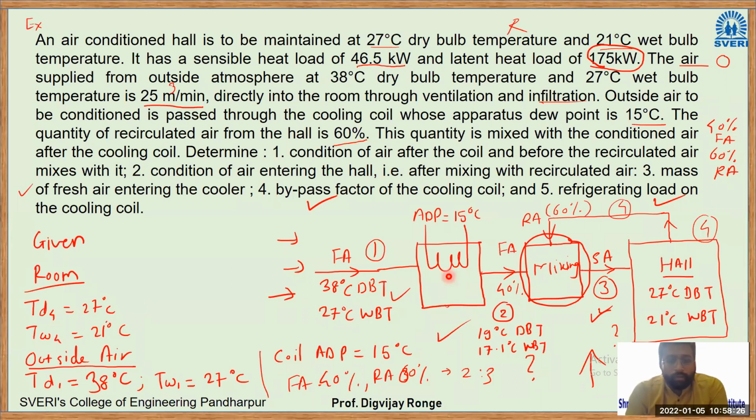Okay. 50% of the problem is solved when you draw such schematic sketches and psychrometric diagrams. From that, your 50% of the problem is solved. As an examiner, it is expected that you draw such diagrams and psychrometric diagrams. Okay. Once you draw this diagram, your understanding of the problem will be clearer. As you go on solving, things will become clearer to you.